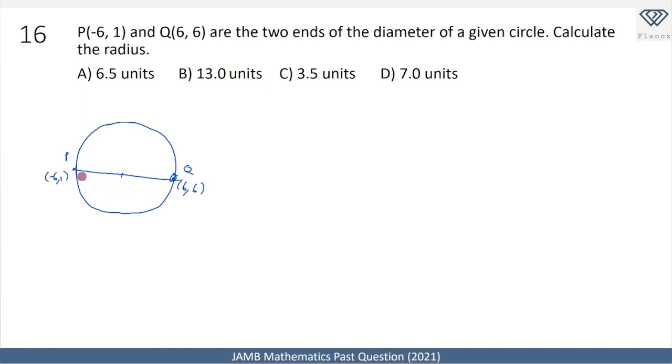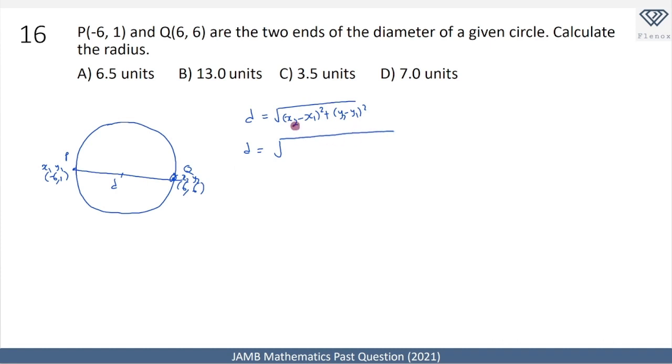So now we know that when we have two coordinate points, the distance between them, let's call the distance the diameter, is equal to the square root of x2 minus x1 squared plus y2 minus y1 squared. It doesn't matter which one we label x1. So we can just call this x1, y1, and we can call this x2 and y2. So the diameter will be equal to